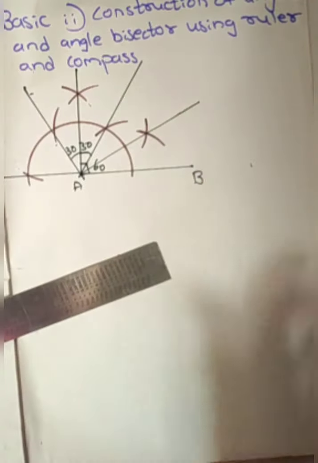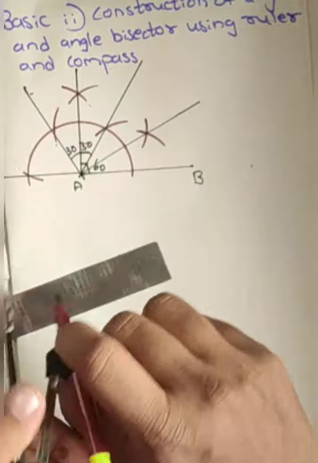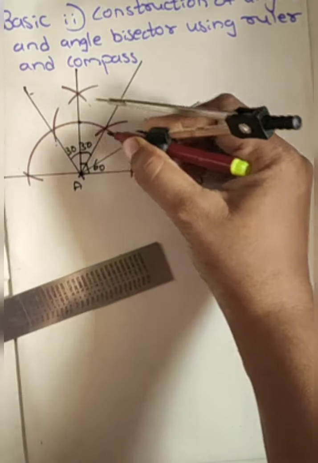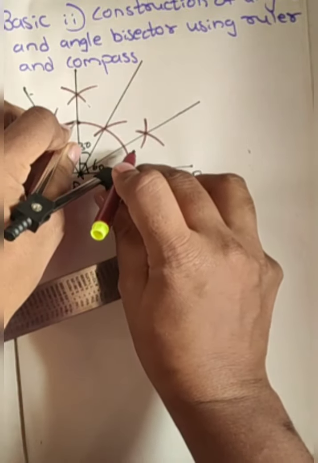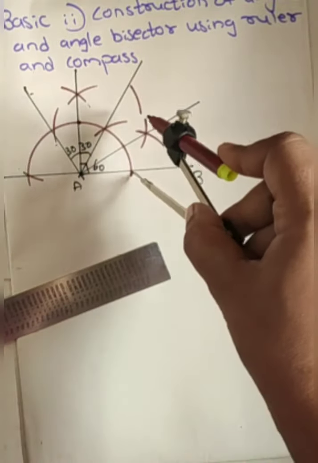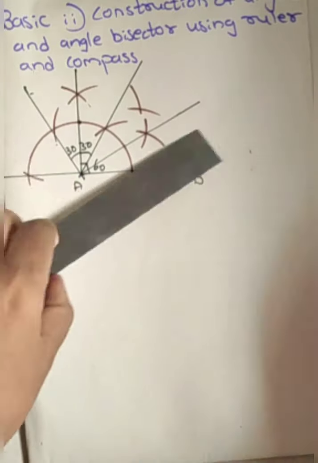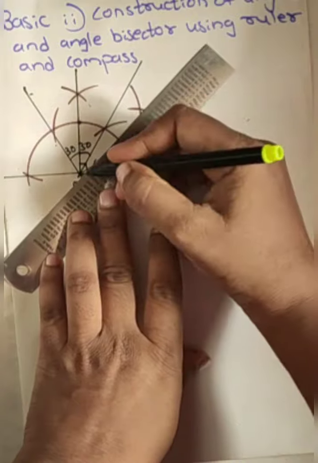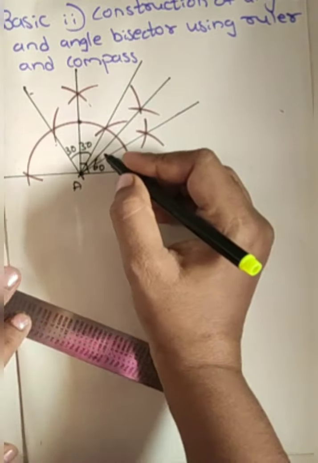Now I will show you how to draw 45 degree. This point is our 90. From here to here you are having 90. So from here you should take more than half, students, and draw an arc here. Again you should take an intersection arc from the previous side. Now join this. This is our 45 degree.